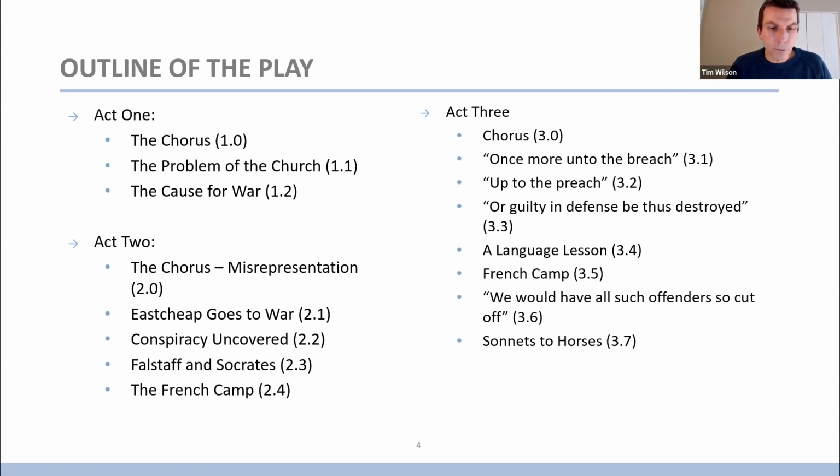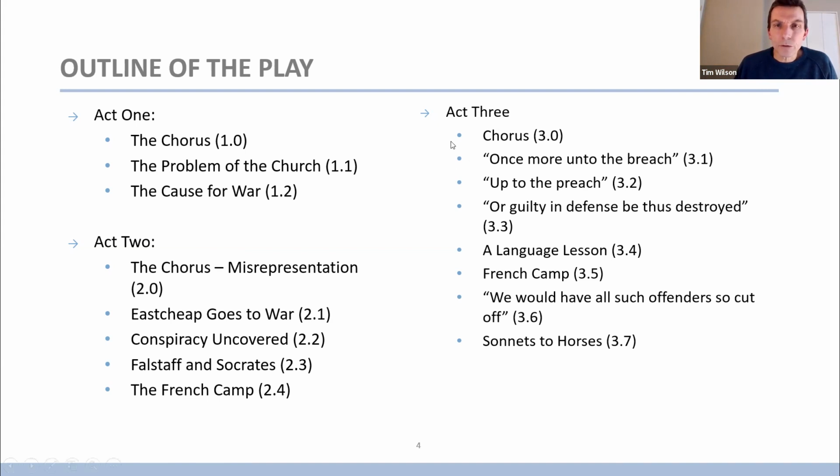In Act 2, Scene 4, we see the French camp, or the French court. The French king, Charles, is preparing for the English invasion. And the Dauphin, his son, doesn't believe that there's really any danger because he holds Harry in such low regard, but his father is more of a wise ruler, let's say, and reminds him of France's past defeats at the hands of the English. And so again, this is kind of an English nationalistic strain.